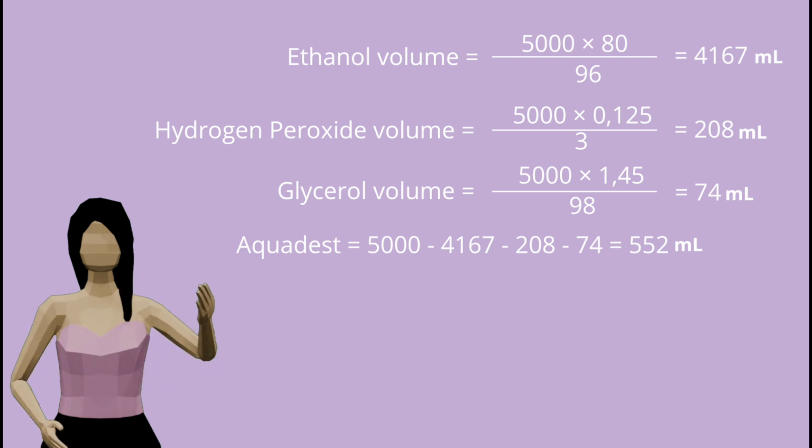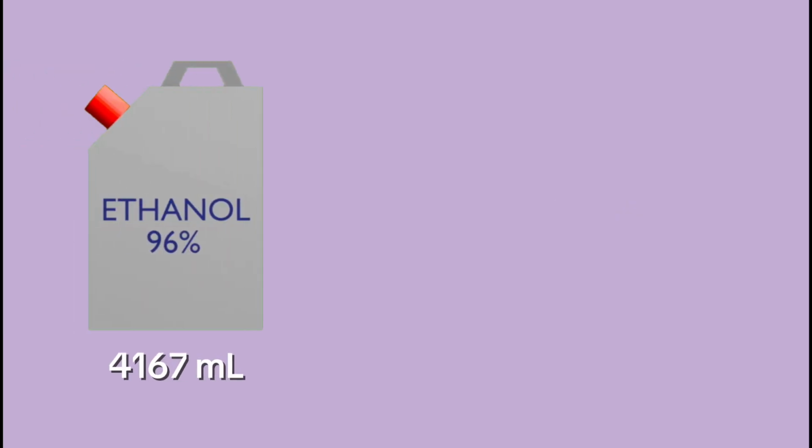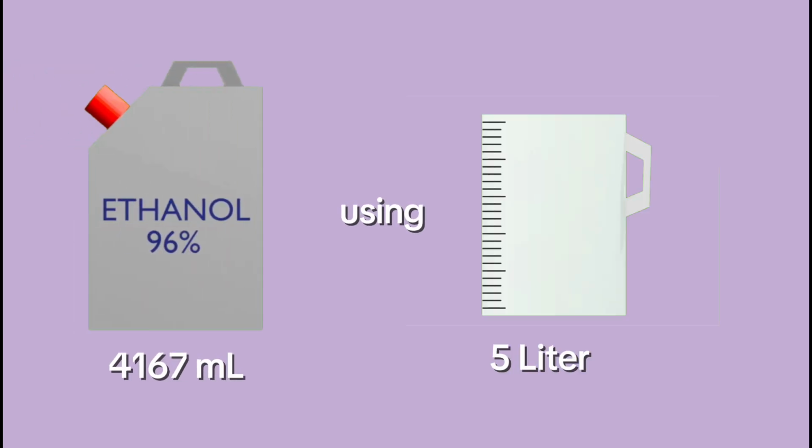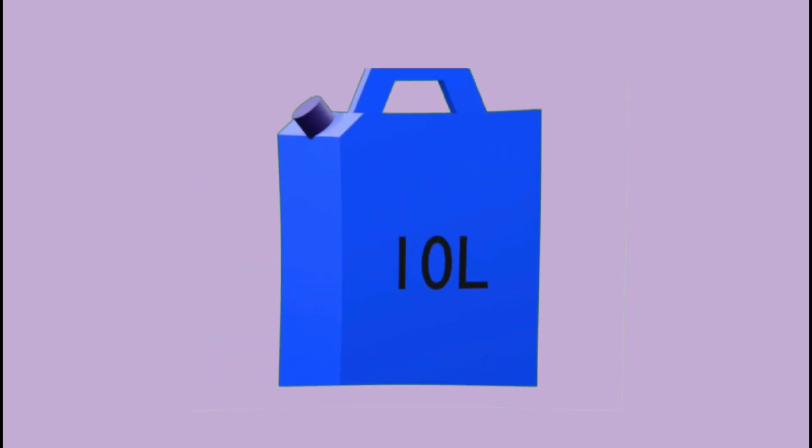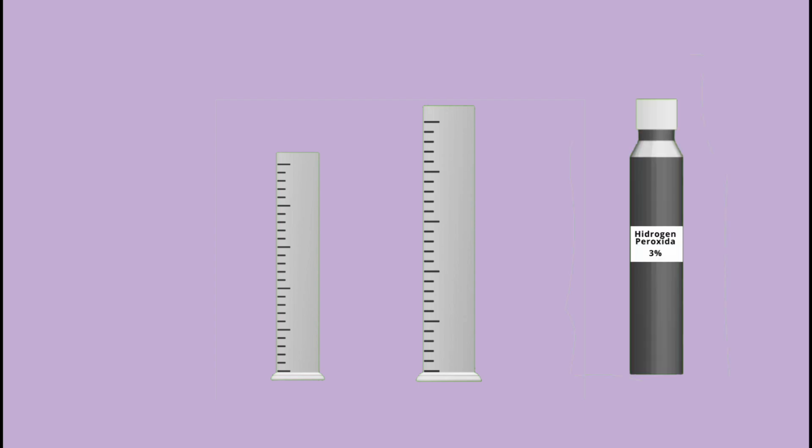3. Glycerol volume equals 5,000 times 1.45 divided by 98, the result is 74 milliliters. 4. Aqua equals 5,000 less 4,167 less 208 less 74, which results in 551 milliliters. How to make it is, first measure ethanol as much as 4,167 milliliters using a 5-liter measuring cup, and put it in a container. Second, use a 250 milliliters measuring tube, pour 208 milliliters of hydrogen peroxide and put it